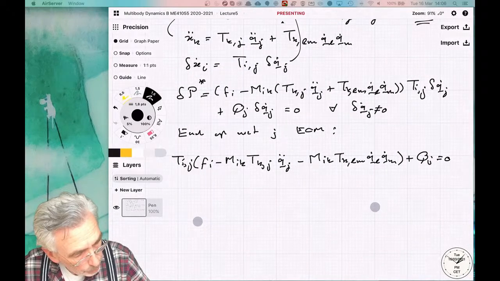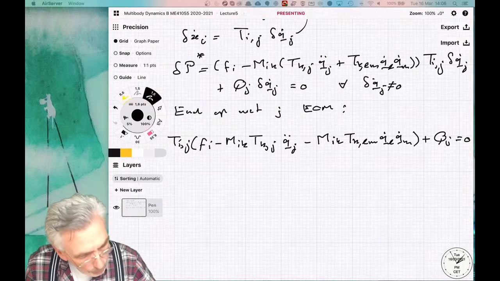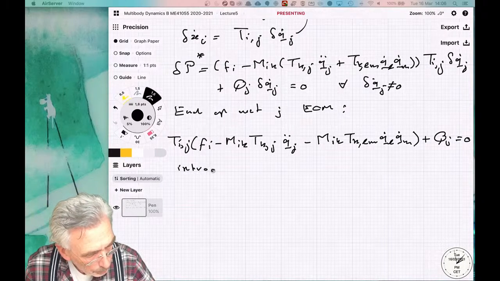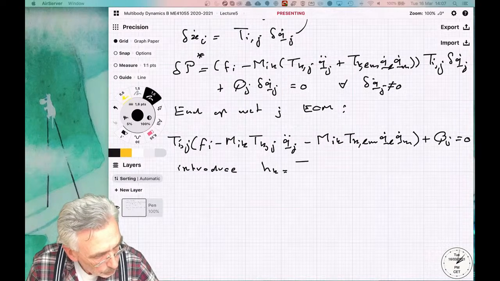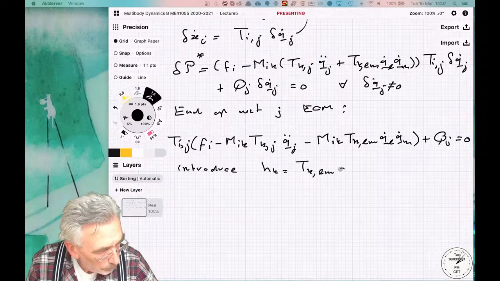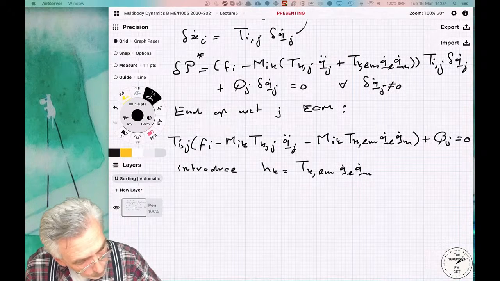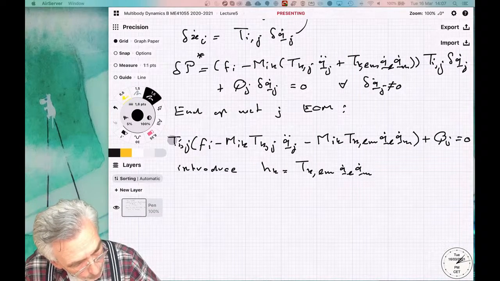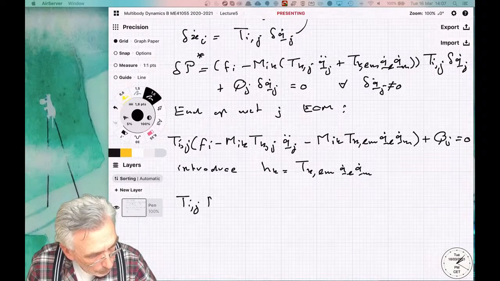But before I do that, I want to define some shorthand. So I want to introduce these convective terms. Hk equals this Tklm q dot l q dot m. And with that introduction, I then can write down the first part. So I want to have the mass times acceleration. So that's this term times these guys. So Tij Mik Tk